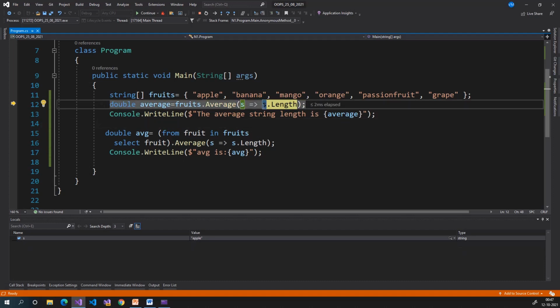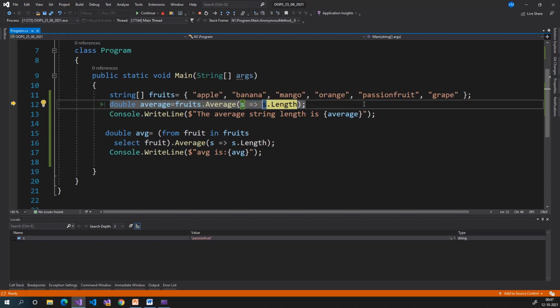F11. So the first value is apple. The length of apple is 5. Later we'll find the length of banana. Here s is equal to banana, length is 6. Later s is equal to mango, so the length of mango is 5. Like that we'll calculate the length of each string. Later we'll apply the average function on these strings.